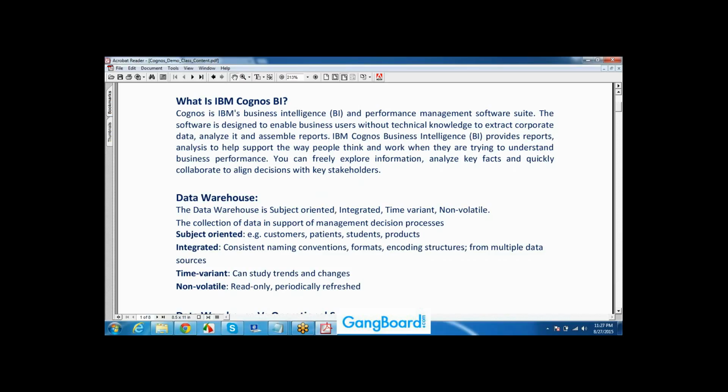Why do we go for a data warehouse? You need to understand that actually. Suppose in SBI itself, just imagine how many transactions you are doing per day. If you go to any ATM, you're an SBI customer, an account holder of SBI. How many transactions are you doing? If you have an account, you will withdraw some amount, at least on average one time. So just imagine how many customers they have, how many transactions you are doing.